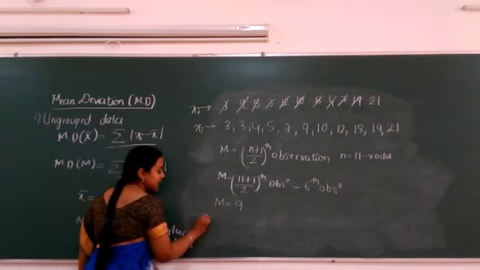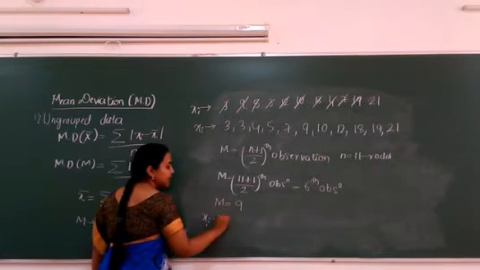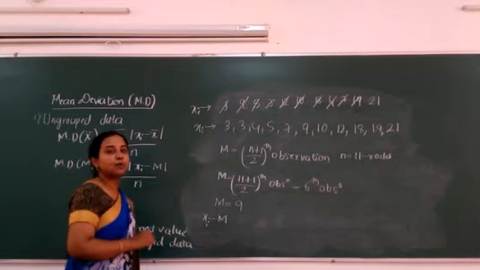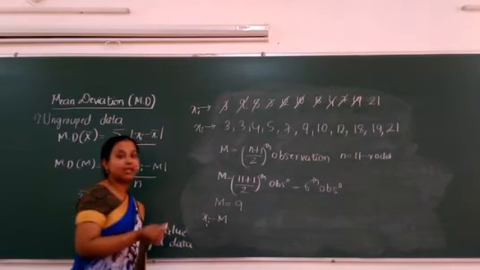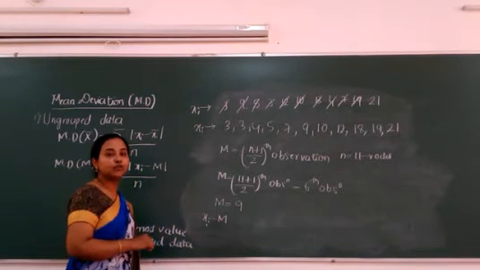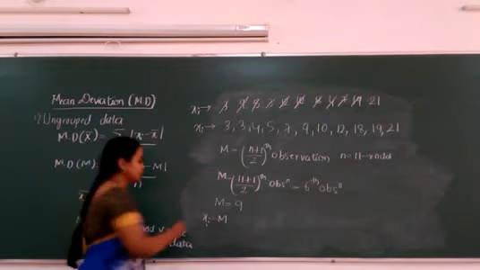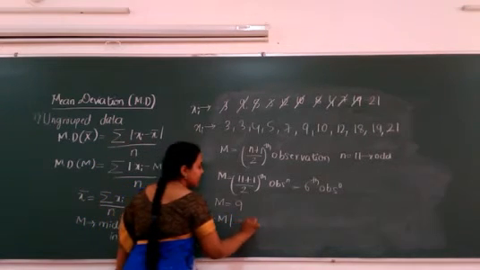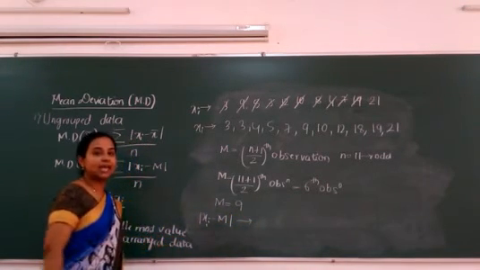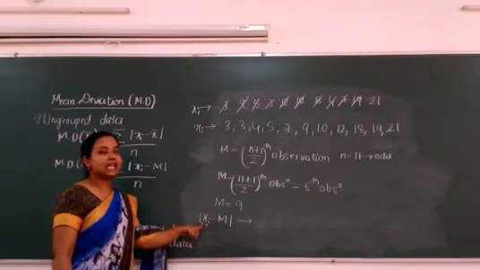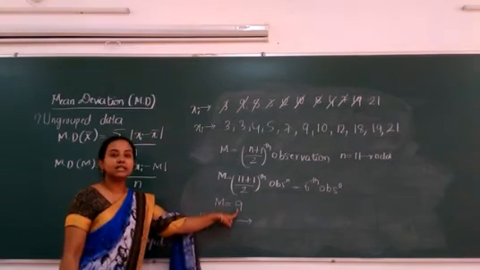That is xi minus m. But here, instead of writing xi minus m first and then the modulus, as in our previous problem, now you have got to know what the modulus operator does. So directly we will write the modulus of xi minus m. Now what we have to do? Each xi has to be subtracted from this median.